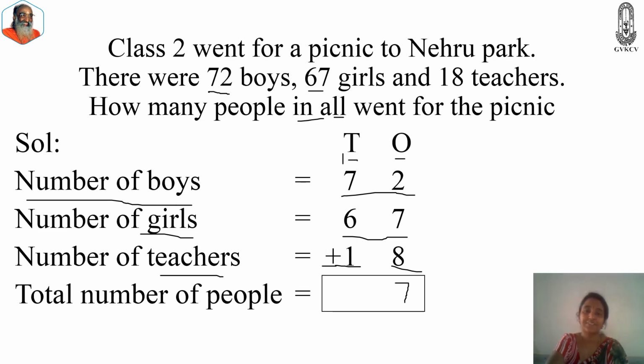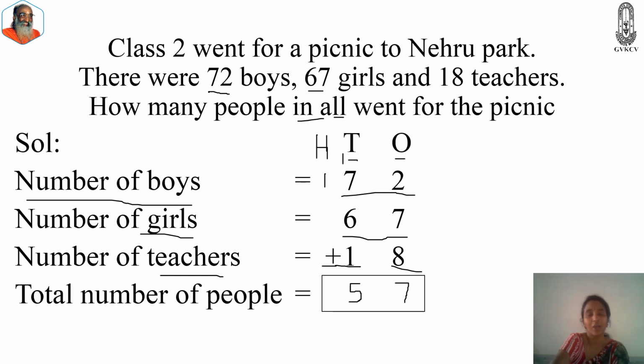Now 1 plus 7 is, the number after 7 is 8. So 7 plus 1 or 1 plus 7 is 8. Now keep 8 in your mind and take 6 fingers. 8, after 9, 10, 11, 12, 13 and 14. Now 14 plus 1. The number after 14 is 15, right? So I am writing 5 under tens. 15 tens, right? So 5 under tens and 1 goes on top of hundreds, right?